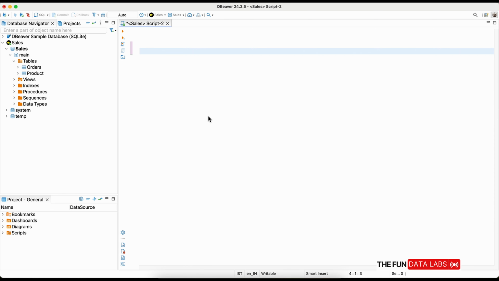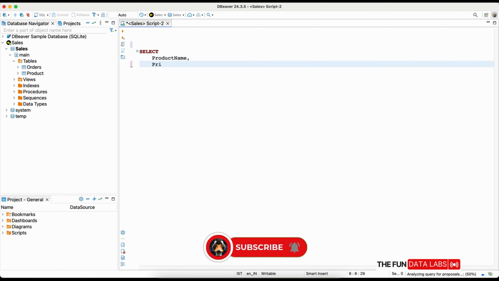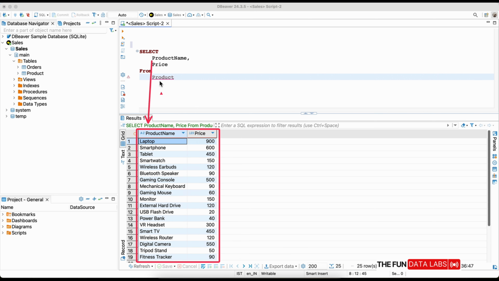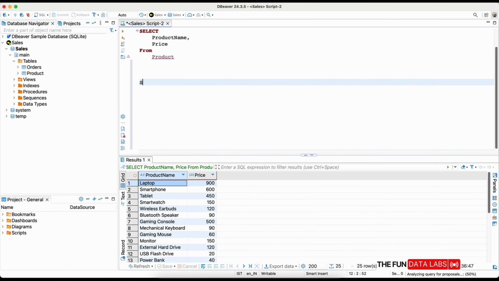The moment we have all been waiting for. Our first query on DuckDB, which is to get the data from a table. Okay, let's say you want to get two different columns out of the table. Then we can write select product name, comma, price from the product. Let's execute this query. You can see the output is available and we have both the columns in the result set.